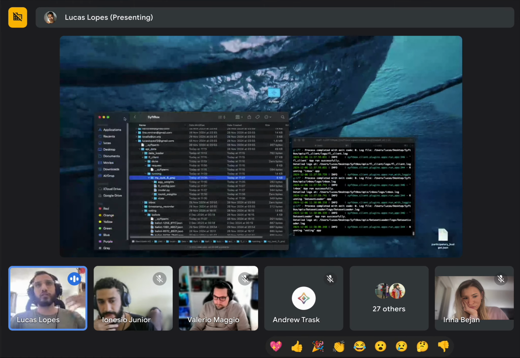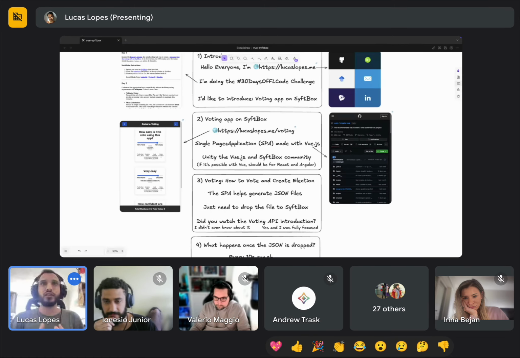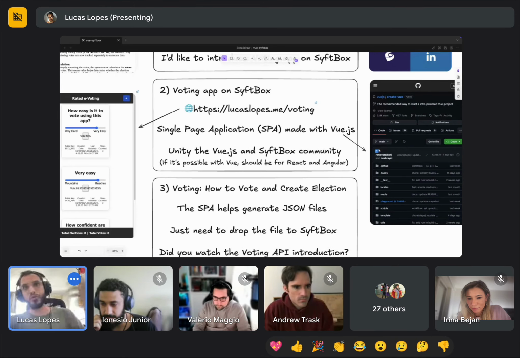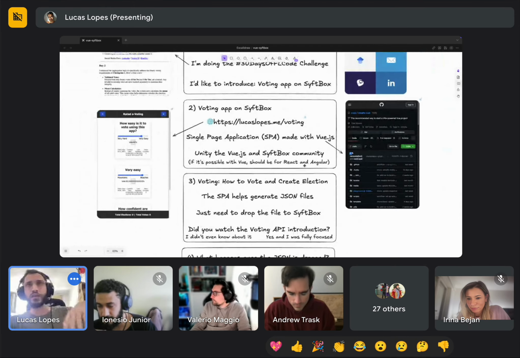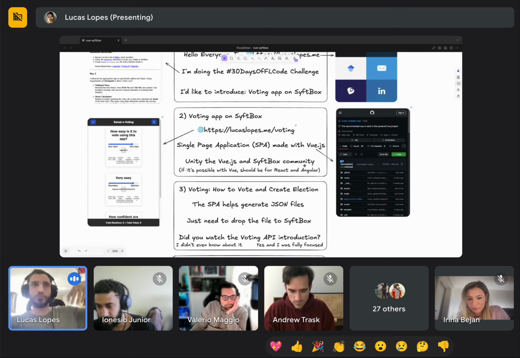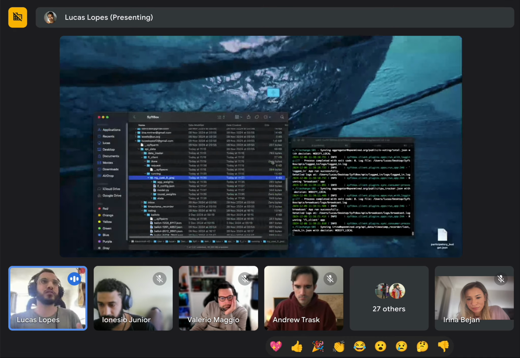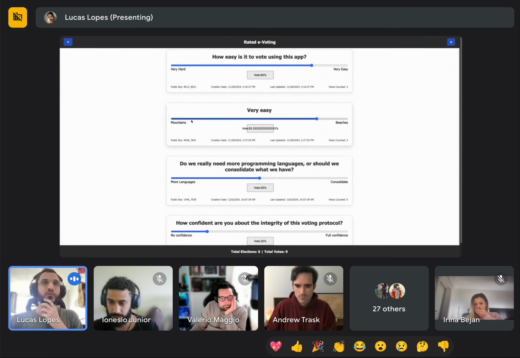And what I tried to do here is to integrate the Vue.js project, running hosted in SyftBox. And of course, if it's possible with Vue, it should also be possible with React and Angular. We have all these communities that would like to build great apps that could be deployed and run on SyftBox. And this was one example of this.